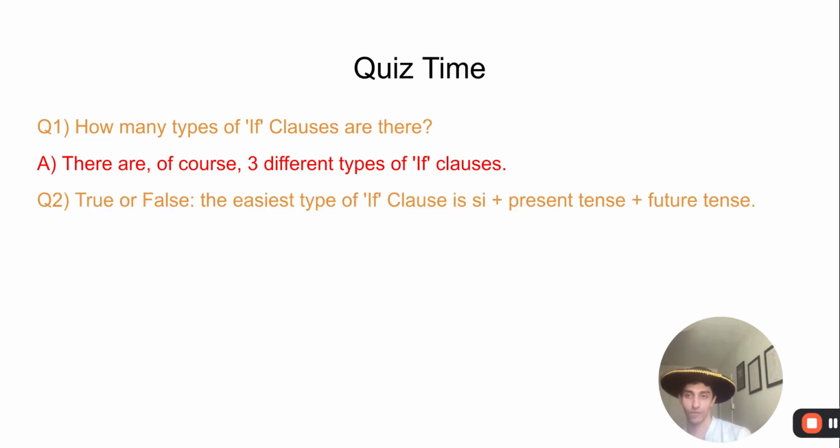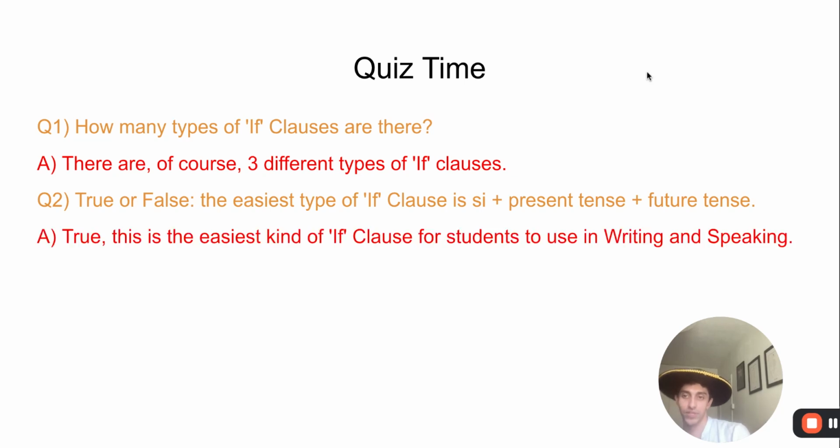Question number 2 then is true or false. The easiest type of if clause is si, followed by the present tense and then future tense. Try and remember what we covered before. And in any case, I'll give you a few more seconds to think through your answer. Okay, here comes the answer for this one. This is true. This is certainly the easiest type of if clause for students to use, particularly in your writing